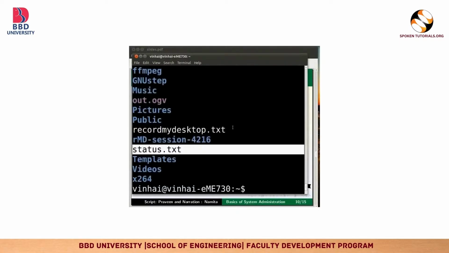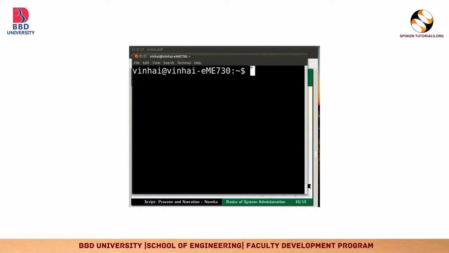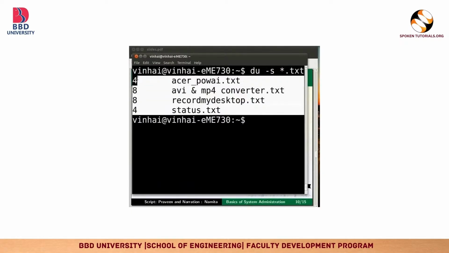Go to home folder on the terminal by typing cd space /home and press enter. Then type du space -s space *txt and press enter. This command will give you a report on the txt files available in the directory along with